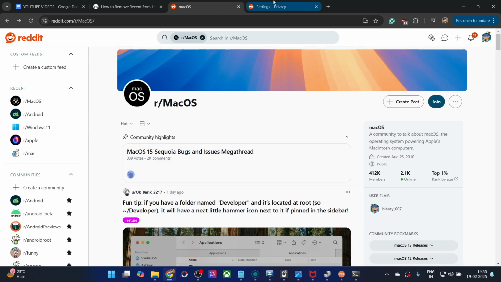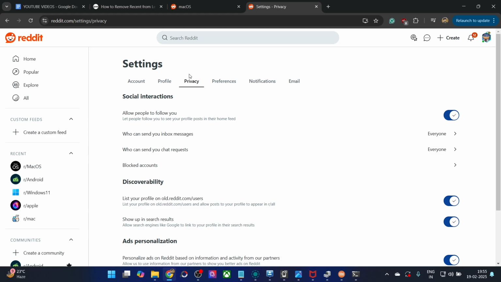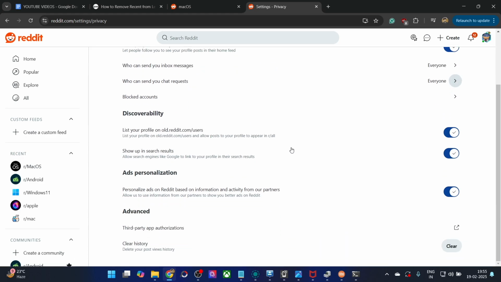Well, if you go to the account settings page and privacy tab, there is an option to click remove the history, but even this option is not working. No matter how many times you remove the history, the recent screen will still be there. So keeping this aside, in this video I'll show you two methods using which you could get this job done.